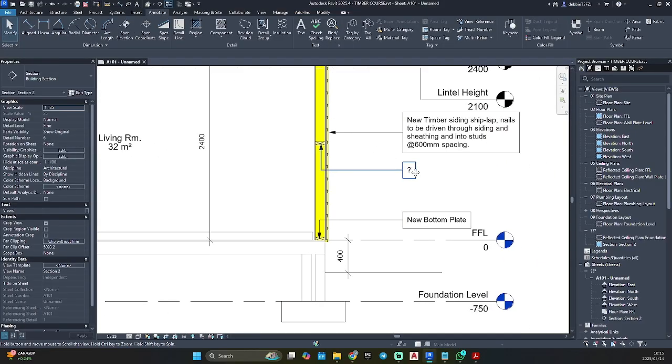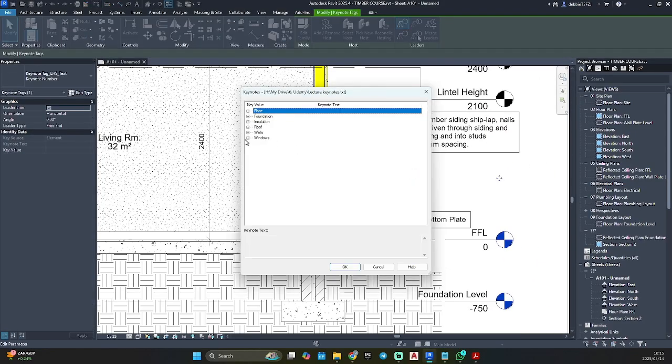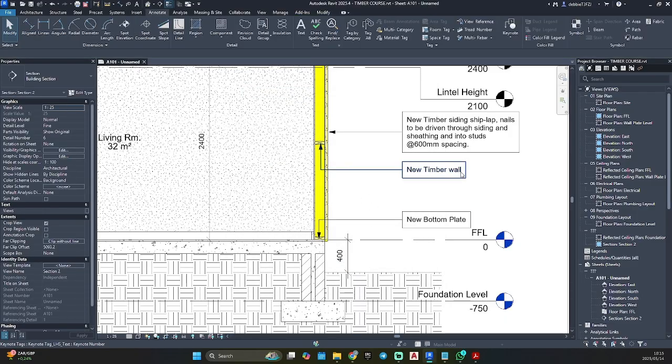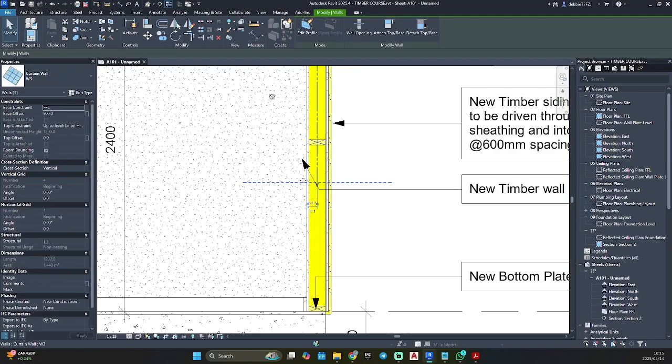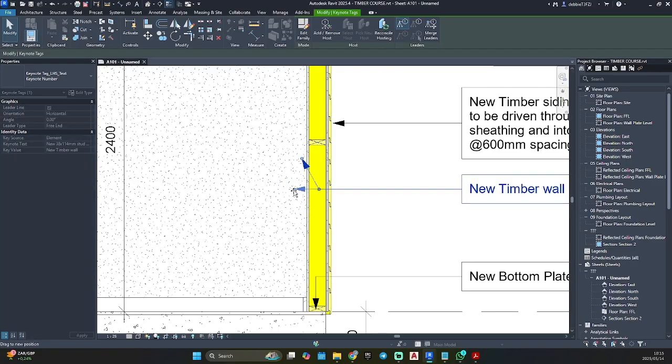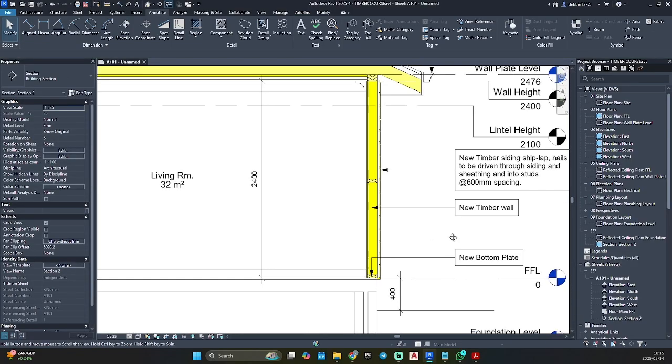Okay, so we don't have to. I'm going to give the noggin the same as the timber wall. Just going to do that.